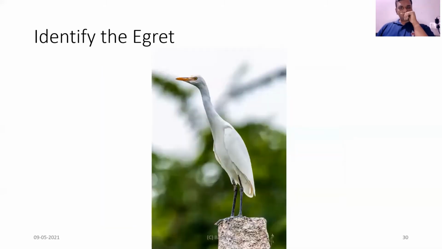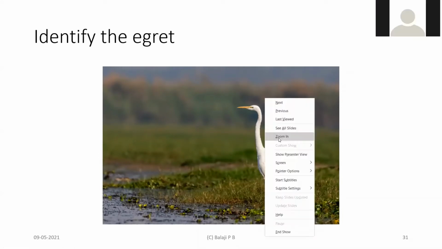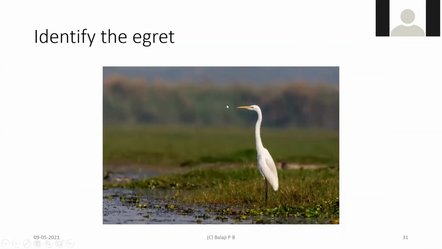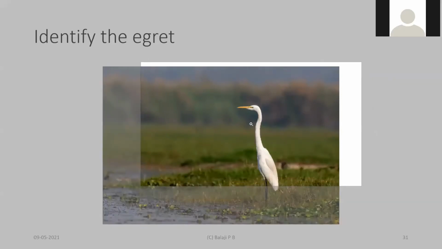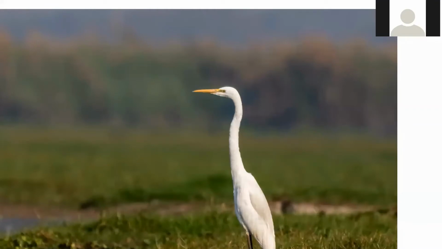I don't know if I can zoom this picture if you want. This is one of the larger egrets. The great egret. Great egret. But then the tip looks dark. The gape line is going beyond the eye. Okay. I think it's not very clear, but great. Yeah, now it's clearly seen. There's no black spot on the beak.